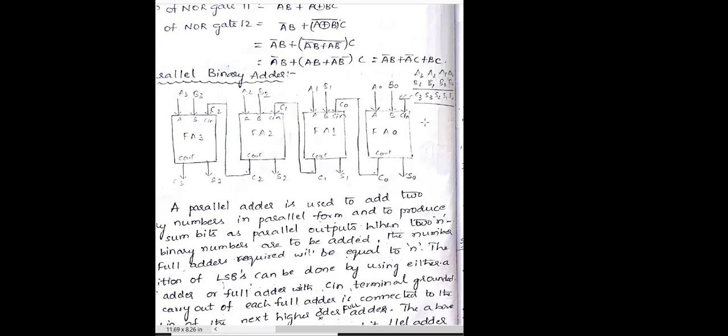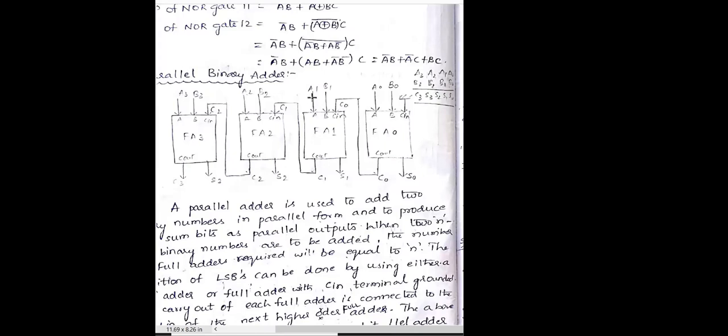There is no carry. Then, by performing the addition of these two, A0 and B0, you will get the result as sum S0 and C0. The sum S0 is taken as the answer, and C0, the C out, is the carry out of the first 2 bits. The carry out you get when adding A0, B0 is called C out. This carry will be added to the next stage. That is, this will be transferred to the next full adder.